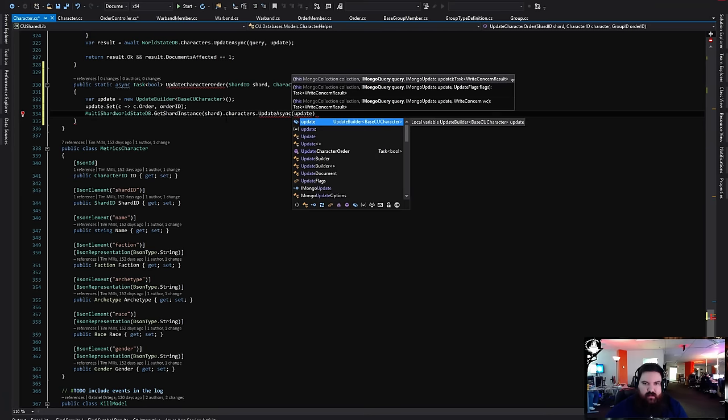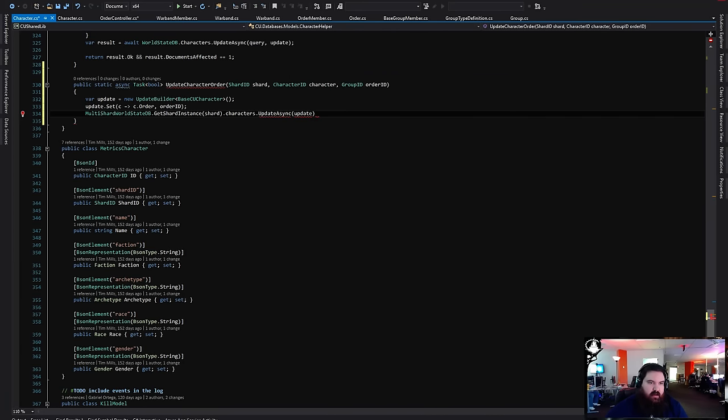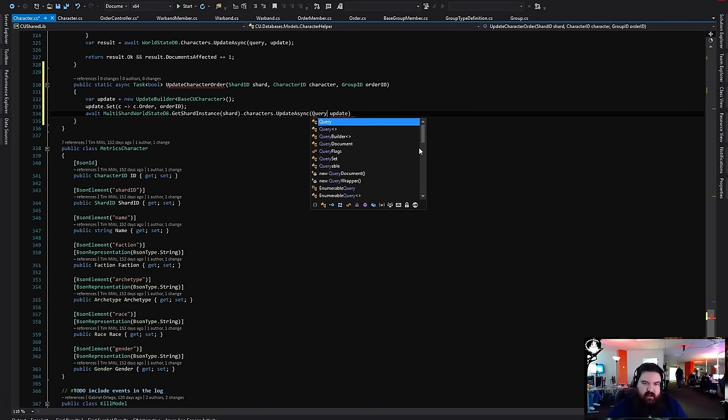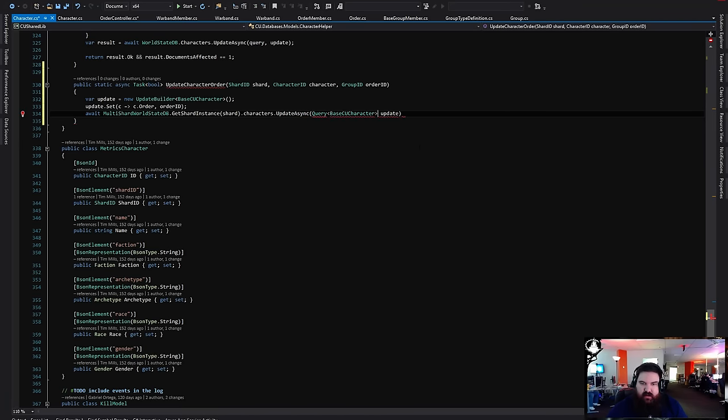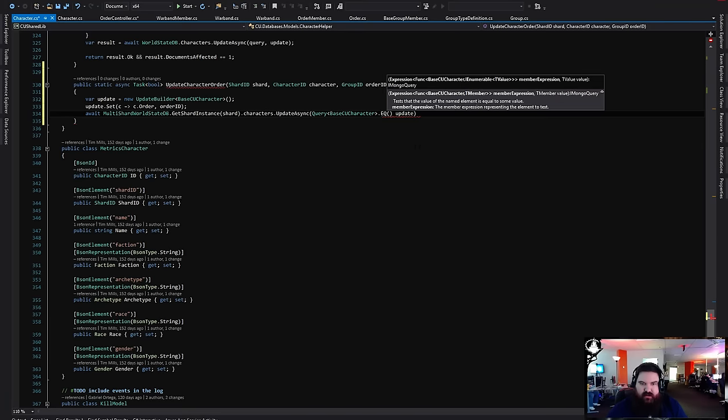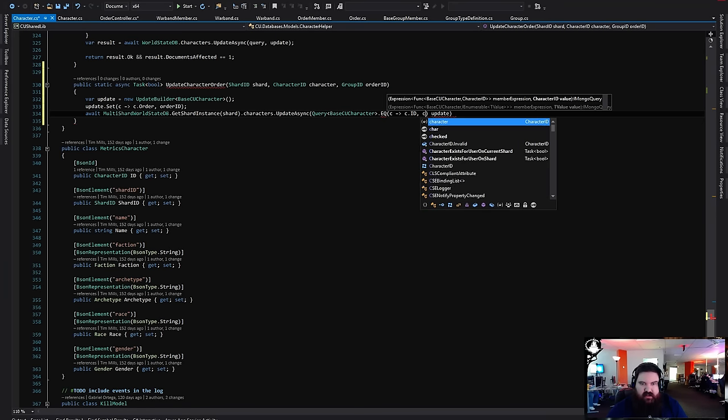Update. I gotta tell it which one to update. Query base character equals C ID is character ID.